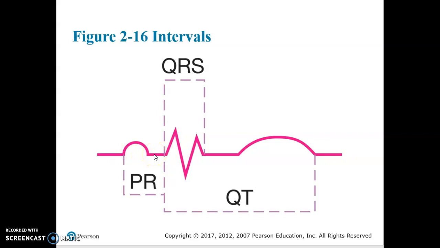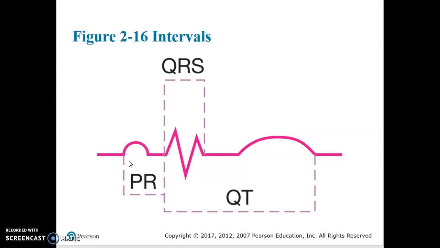The PR interval measures the time for the impulse to get from the atria to the ventricles, okay? So this is what we're looking at. When we're looking at the P wave, we're looking at that impulse traveling across the atria, and when it ends at the R, this means it's reached the ventricle. So the time that it takes for the impulse to get from the atria to the ventricle is the PR interval. The normal PR interval, and you need to remember these numbers, these are very important, you will see them again. The normal PR interval is 0.12 to